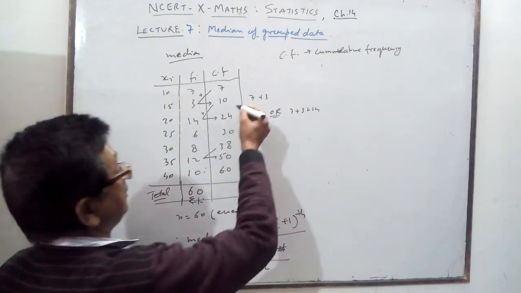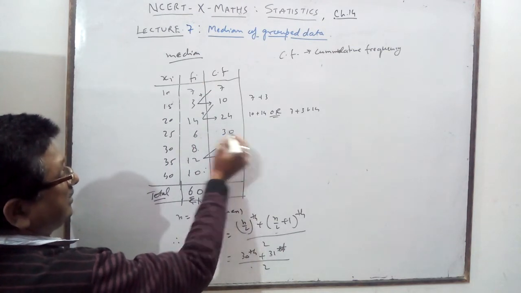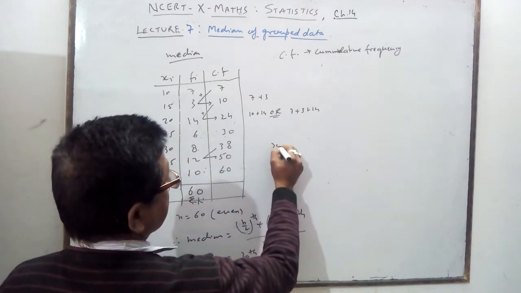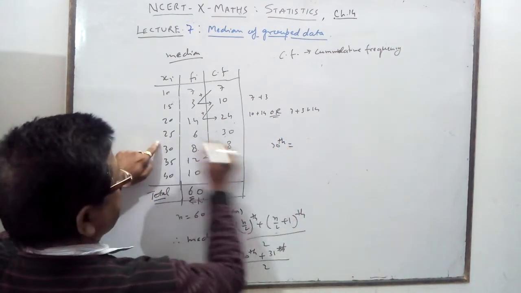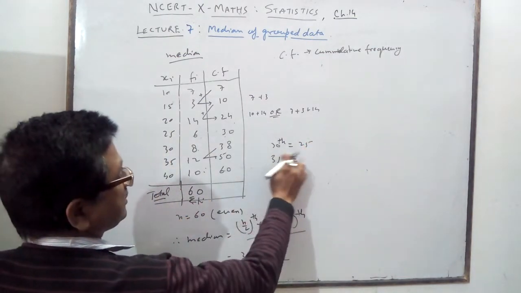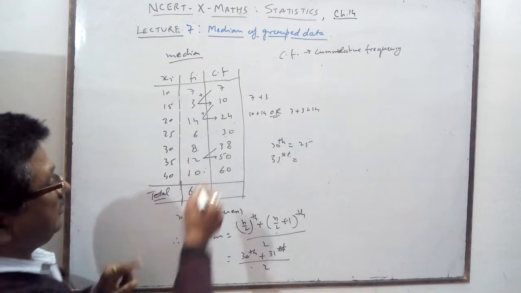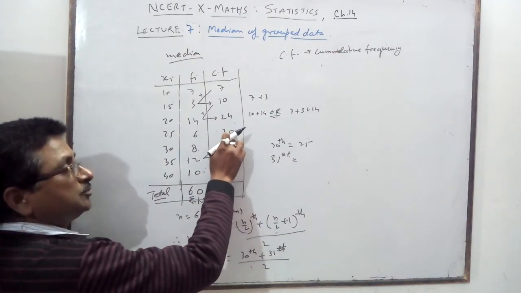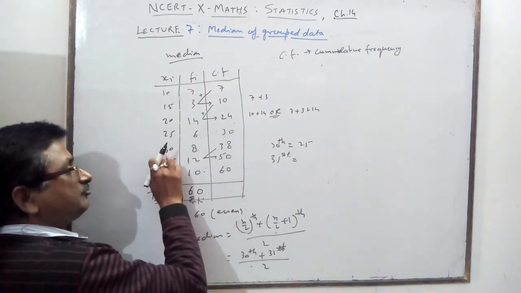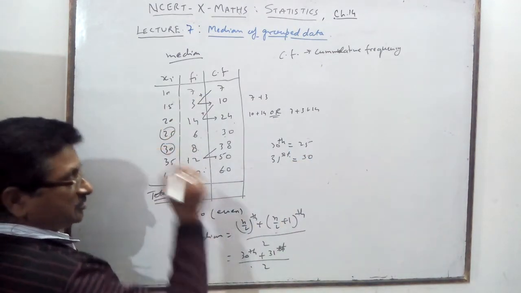Now from 1 to 24 they are getting 20, and from 25 to 30 they are getting 25. So what is the 30th place number? The 30th place number is 25. And the 31st place value is what? If 32 were not given, then 30th and 31st would both be 25. But the 31st place starts from 30, so the 31st place is 30. So you are getting two values.